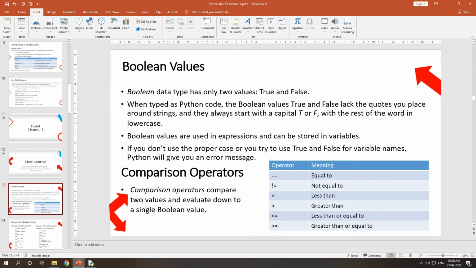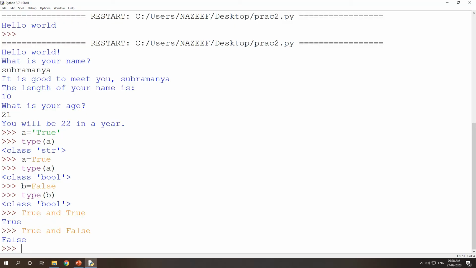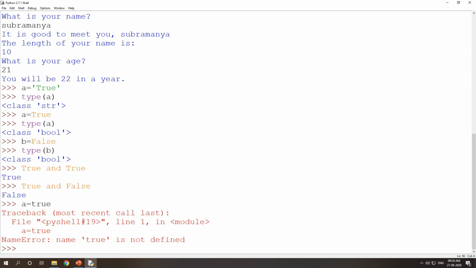When typed as Python code, if you don't use the proper case, or you try to use True or False as variable names, Python will give you an error message. If you just say a is equal to true like this, it will show you an error because T is not capital.